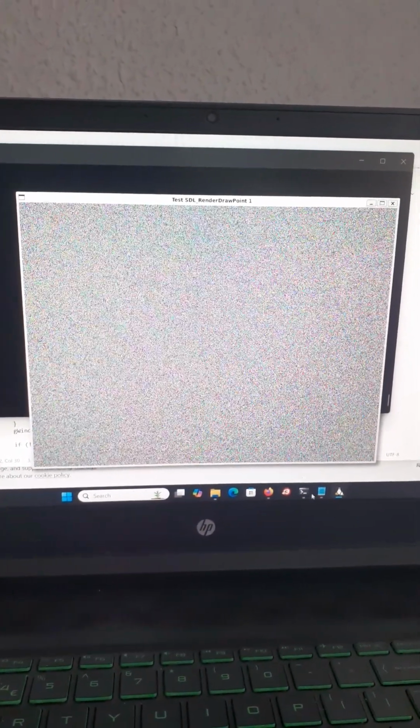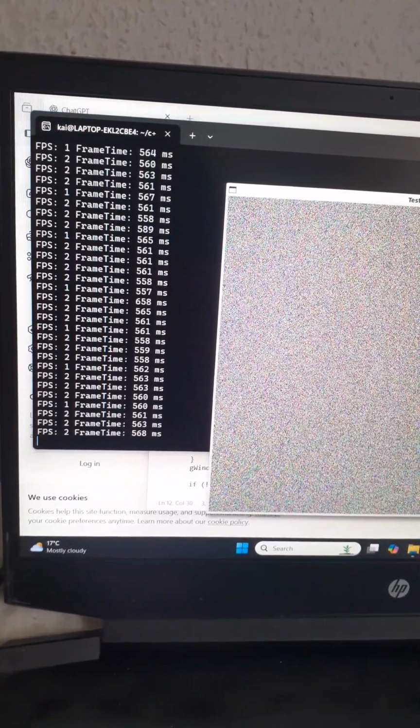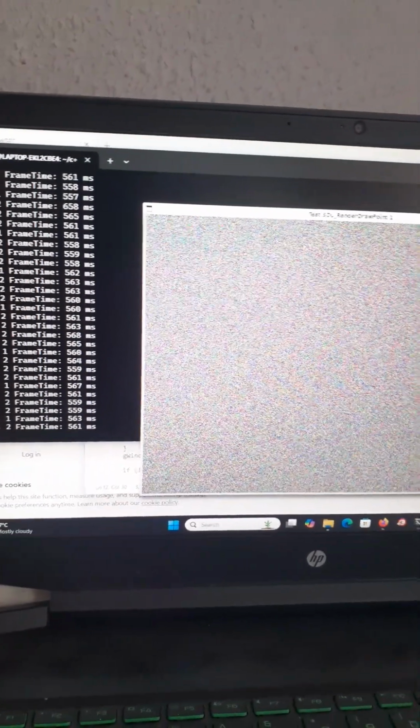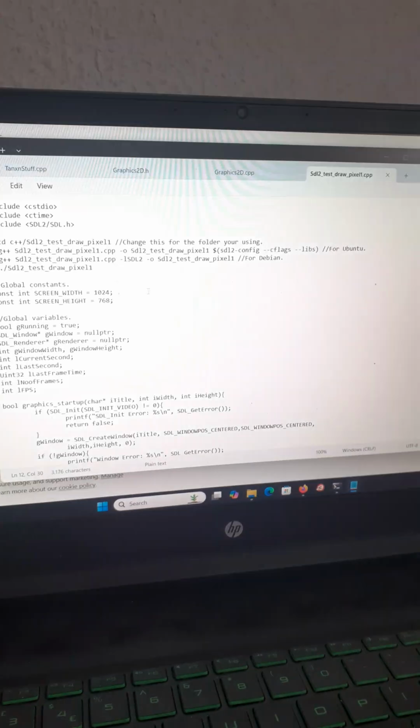1024 by 768. You can see it is very slow, 2 frames per second. Yeah, it's DrawPixel. SDL render DrawPixel is very slow. You can see half a second, 2 frames if you're lucky. Okie dokie. I will go to the